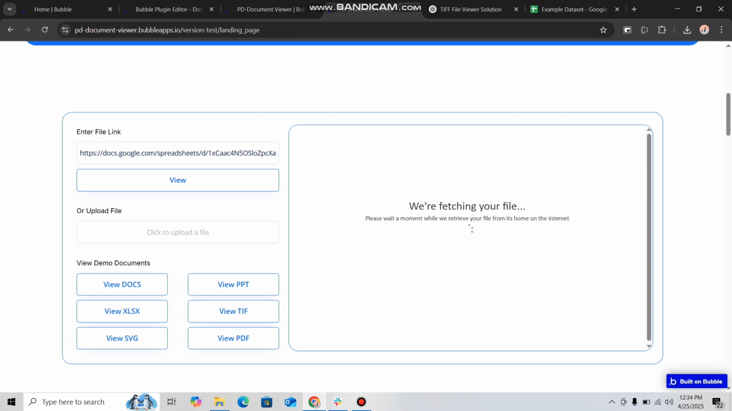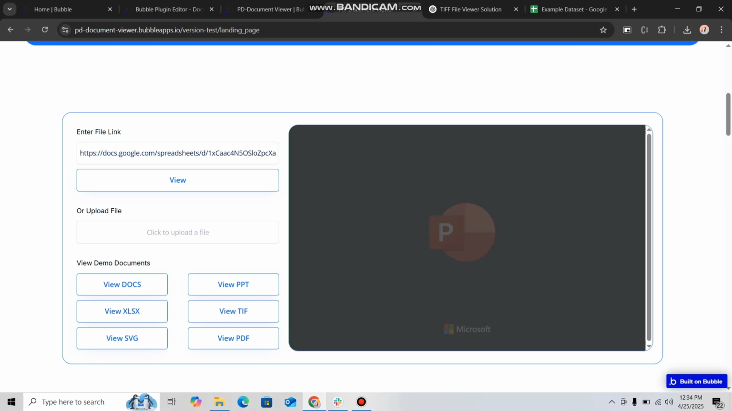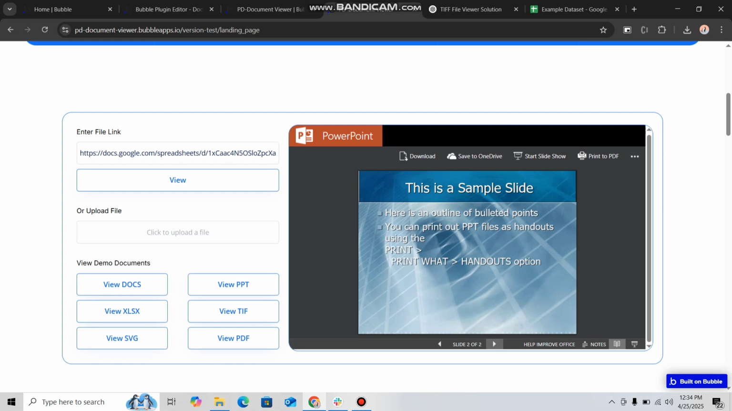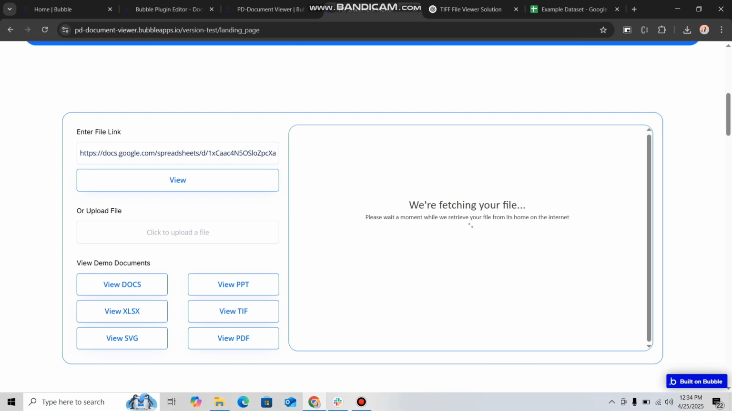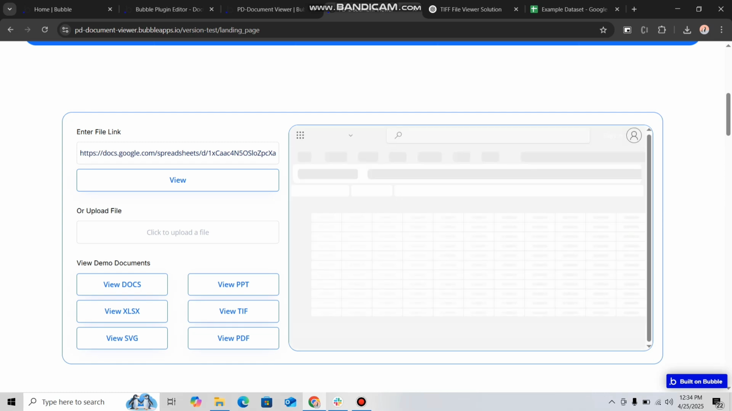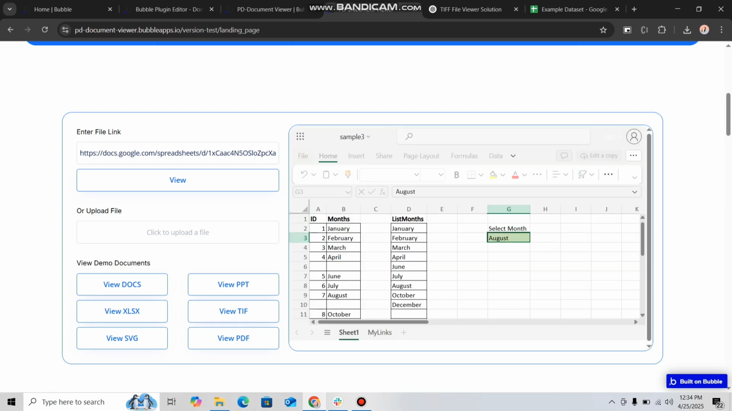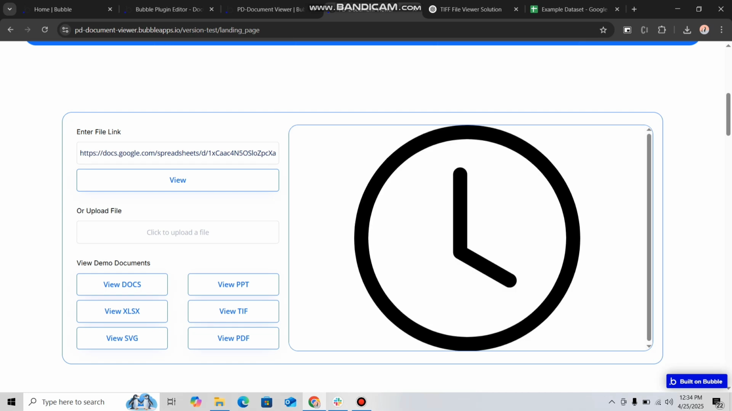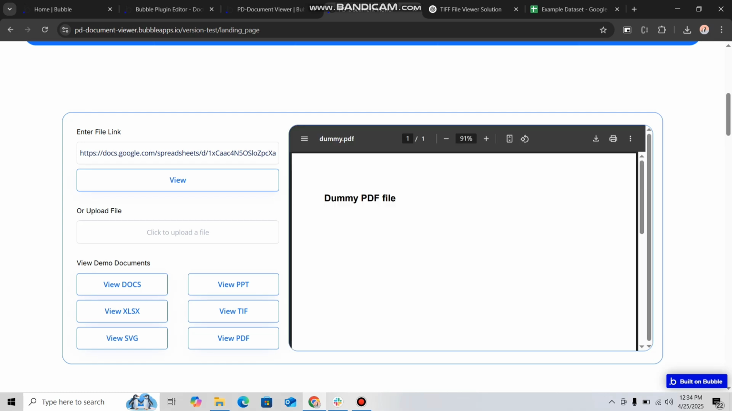If you click on view PPT, it is going to show you the PPT file, fully functional. As you can see here, this is 2 slides, and if I click on view XLS, you can see this is opening an XLS file for me. If I click on SVG, this is now previewing SVG, and if I click on PDF, I'm going to see a preview of PDF. If I want to upload some file of my own, I can click on this upload file button,